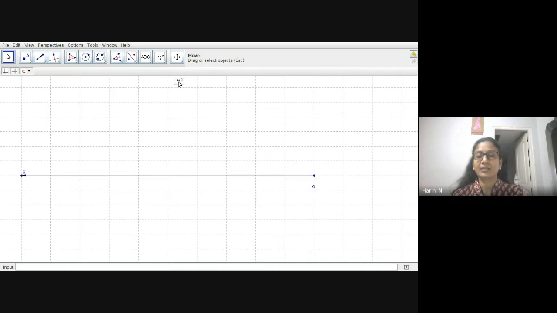Right, this is my rational that I want. I'll just make it a little big. Okay, so that is my rational. So I think I've moved a little. See, this is the rational that I have to represent, negative 4 by 9. So because 9 is the denominator, I know between 0 and 1, I have to make these 9 divisions. So let me start marking my points like that.